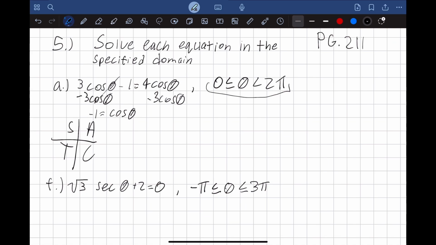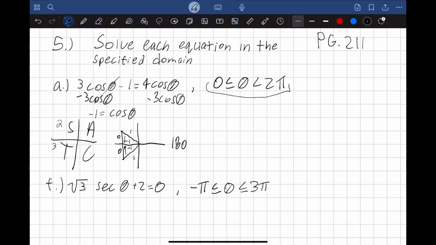The next thing I'm going to do is use the CAST rule to understand what quadrants we're looking at, which in this case is going to be quadrant 2 and quadrant 3 because it's negative. So if we think about what our triangles have to look like in these quadrants, they roughly need to look like this. However, one thing to note is that in order for our adjacent side to be equal to our hypotenuse, the other side needs to be equal to 0. In other words, these both fold in on the x-axis, which means that we actually only have one answer,